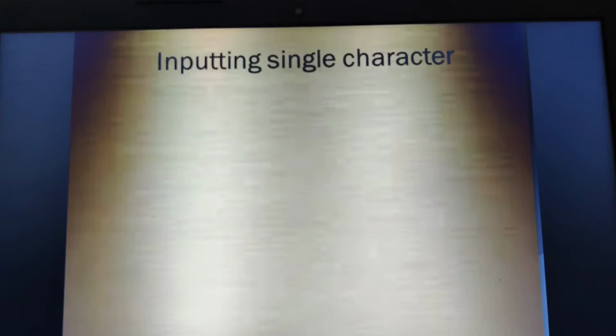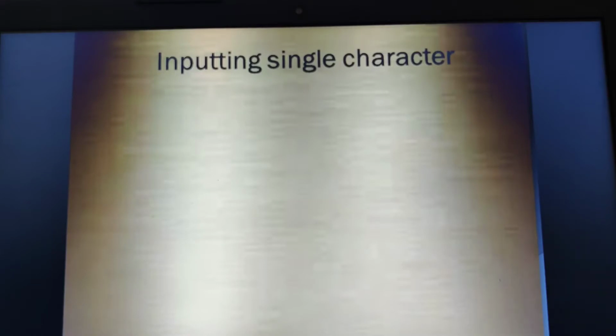In our previous video class, we started with the topic of inputting a single character and outputting a single character, and we discussed a few of the character functions. Let us continue with the same here, that is, some of the character functions we shall discuss. But before that, let us have a quick glance at the functions used to read a single character and the functions used to output a single character.